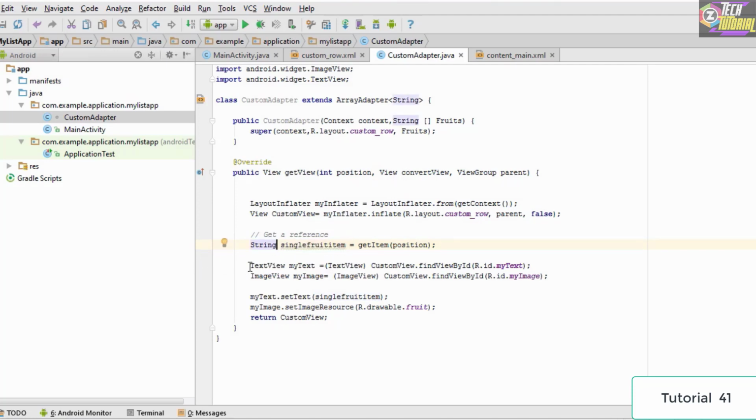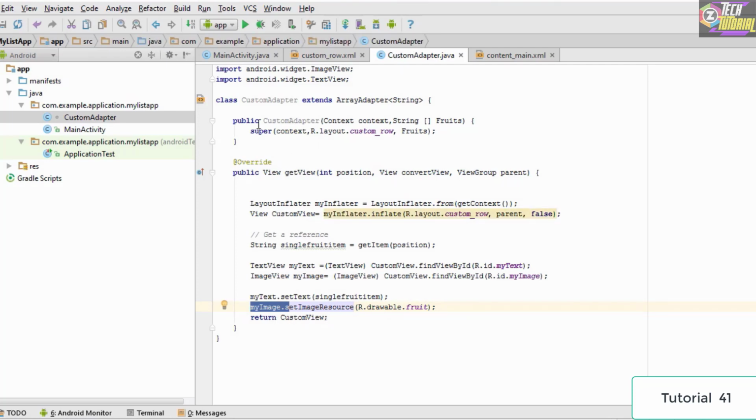Then we got the reference to the text view as well as the image. Then we have used this text and we have set the text to the string which we have just extracted, and then finally we have set the image by using the set image resource, and we have simply given the path or reference to the image which we have stored in the drawable folder. Then finally we return the custom view.